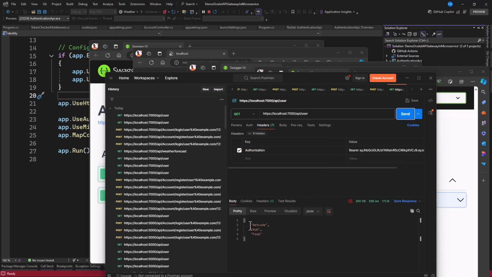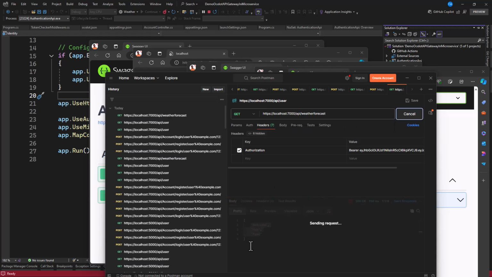So you can see now we have it, right? If I go to the header, there's a header that came. Okay, so there's a body as well. So now you can see that after we've added that token, now we can make a request in here. Now if I change this to weather forecast and try to send, we're going to have the record in here. As you can see, we have it because now our request has a token.